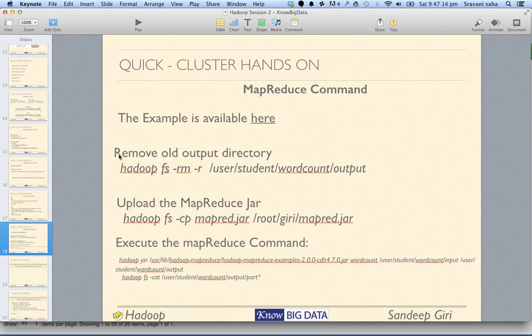All right. Now I would like to take you through a MapReduce job, and then we will start with our process of executing. In this particular job, all we are trying to do is,